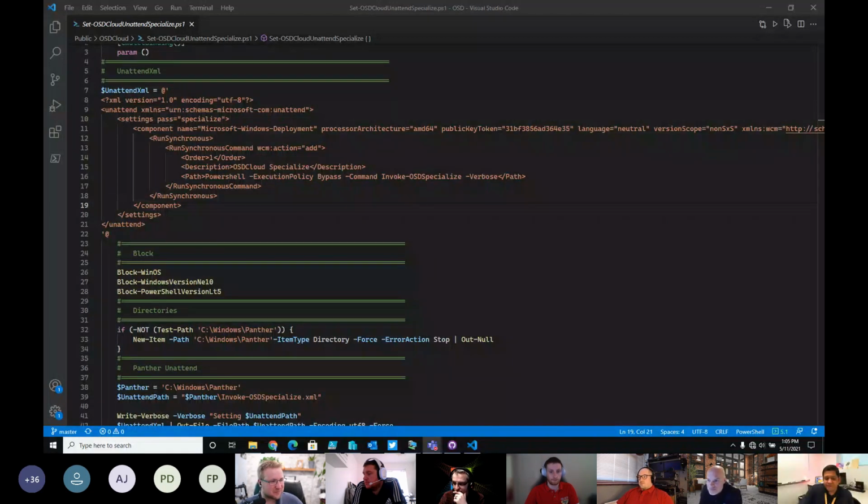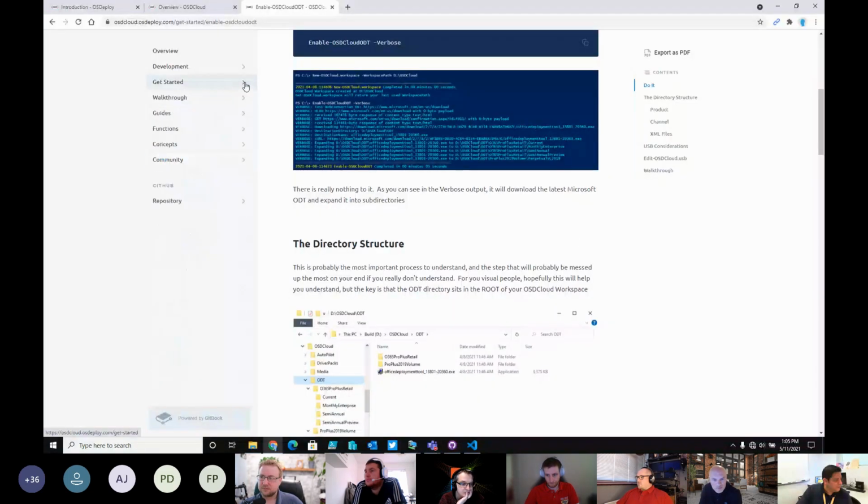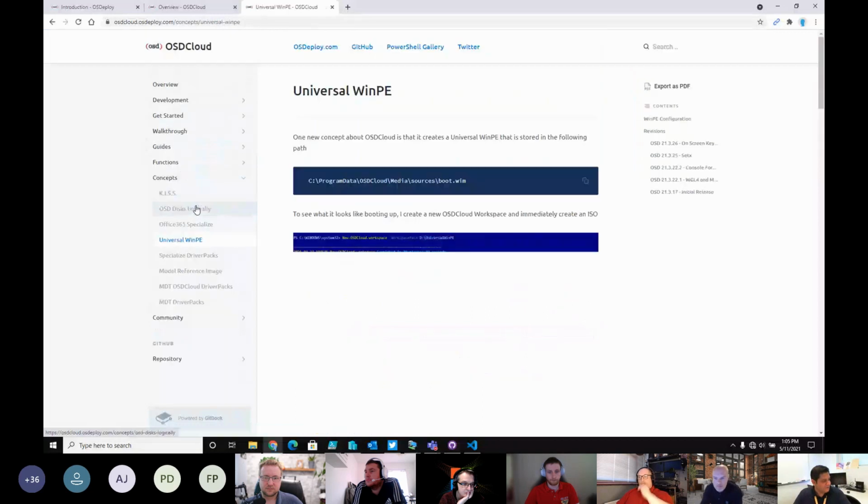So the next question was, what components are in your custom WinPE? Can we ever do it with a bog standard WinPE or WinRE? So for WinPE, back again on OSD Cloud under concepts, there's something called Universal WinPE.